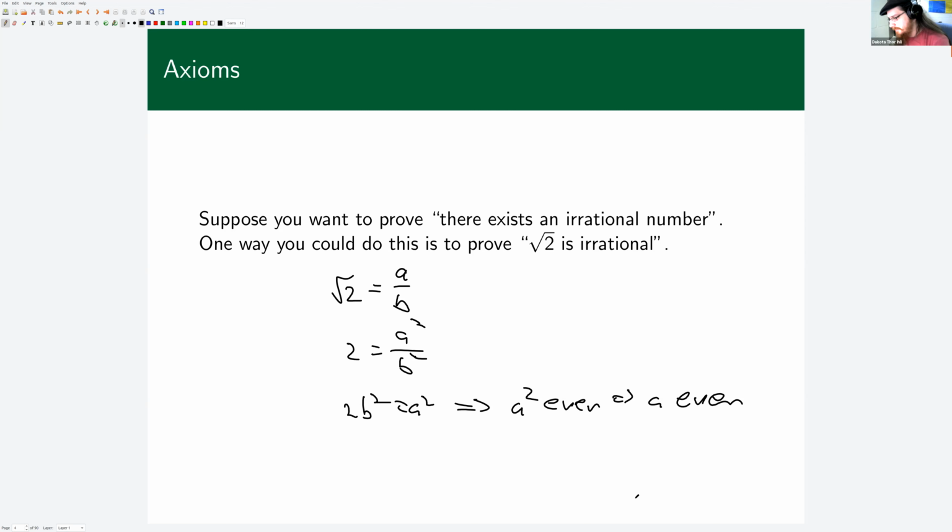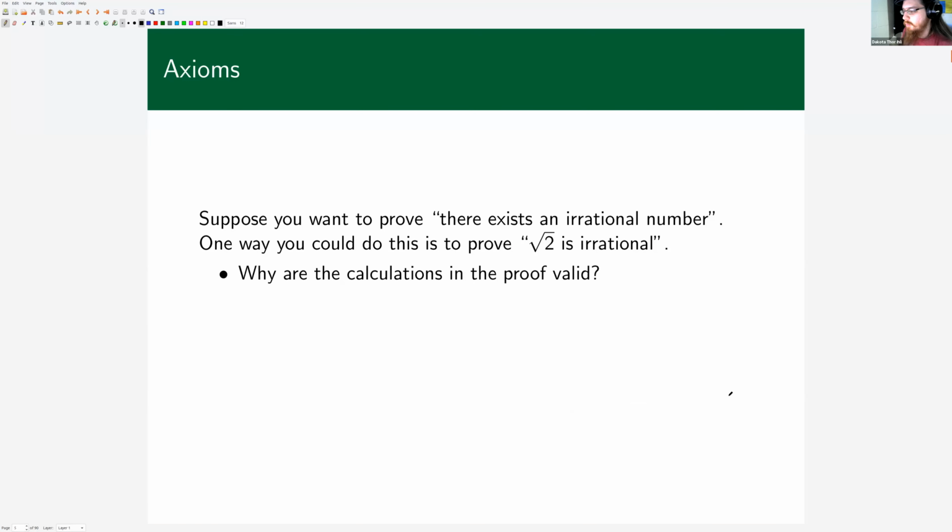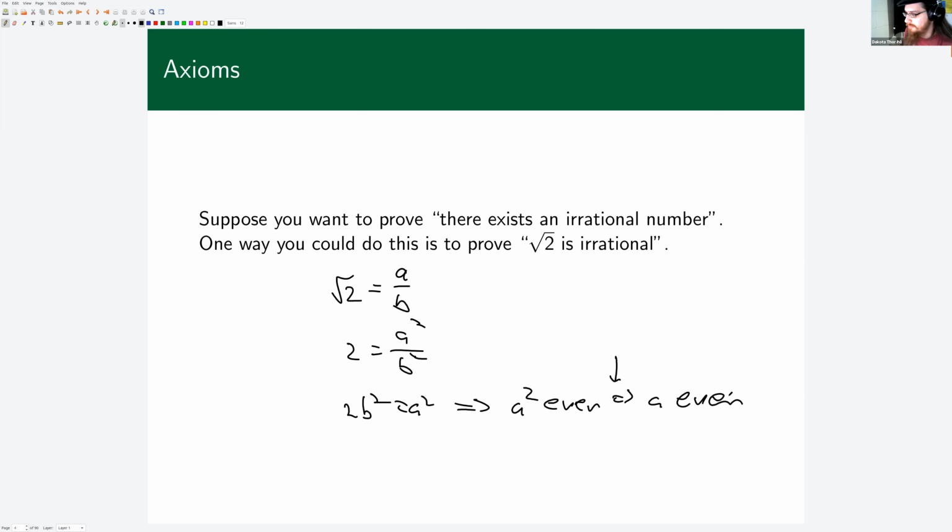And over the course of this proof, there were some calculations we did. We used this fact that if a number's square is even, then the number itself must have been even. Yeah, so a number of questions about this, right? Why are the calculations in this proof valid? Right. The reason that the calculations in this proof are valid is because we prove that they're valid, right? We use the fact that you can multiply both sides by b squared, and then the b squared cancels. The next step of this proof would be like 2b squared equals 4c squared